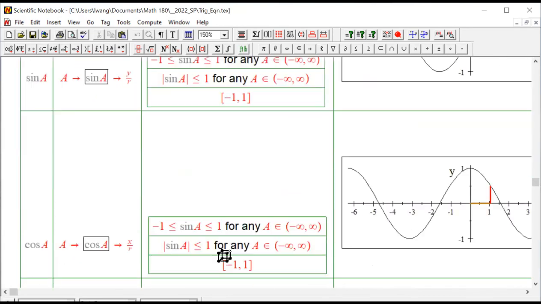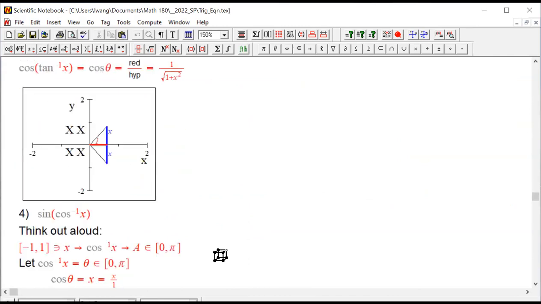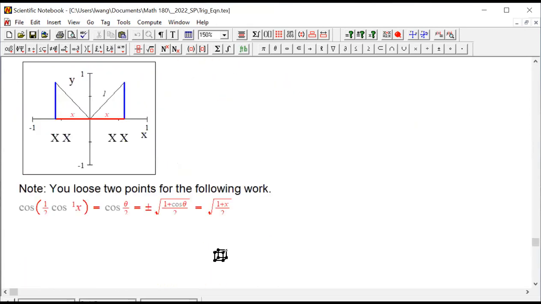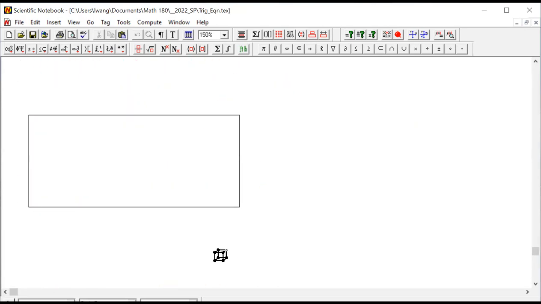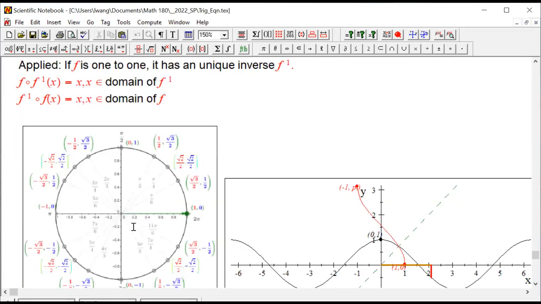I know we have the unit circle somewhere. Just give me a second. Okay, I'm gonna find those unit circle that we are familiar with. Oh, there we go. Okay, so we found the unit circle,